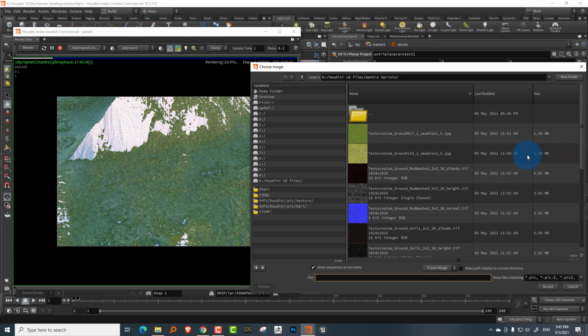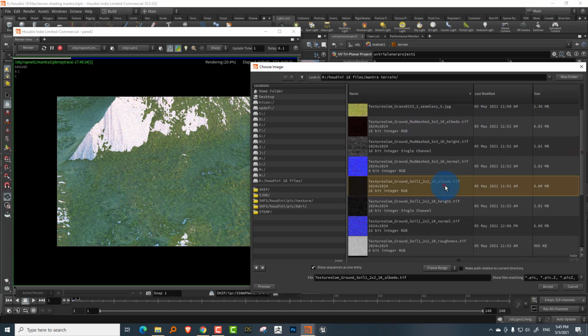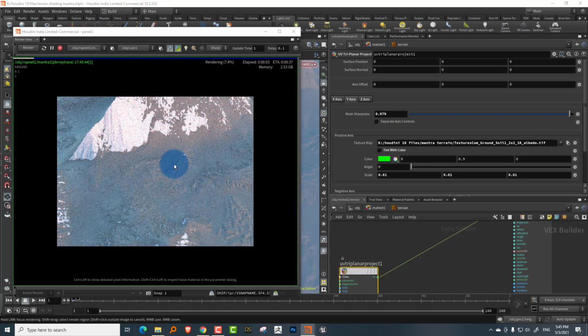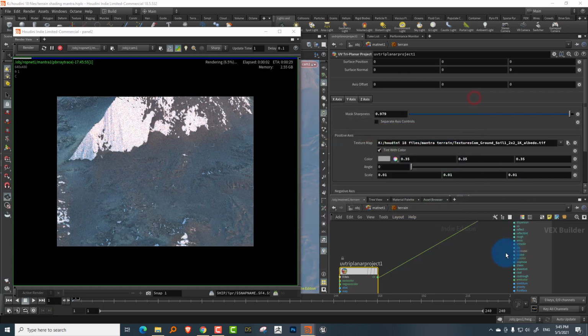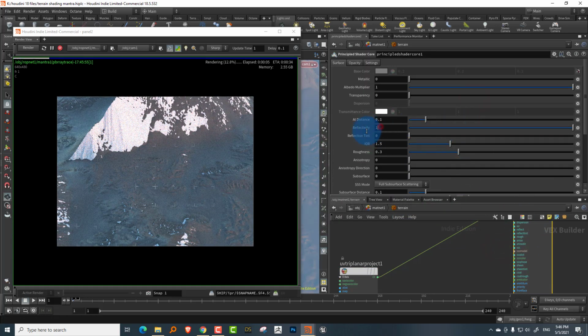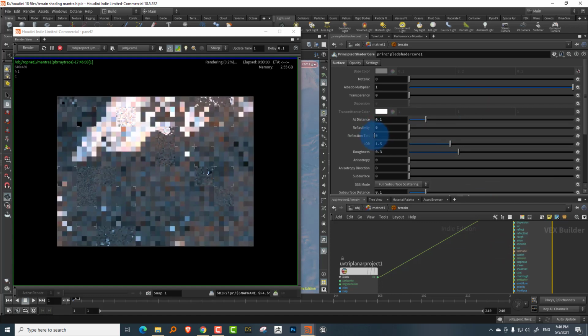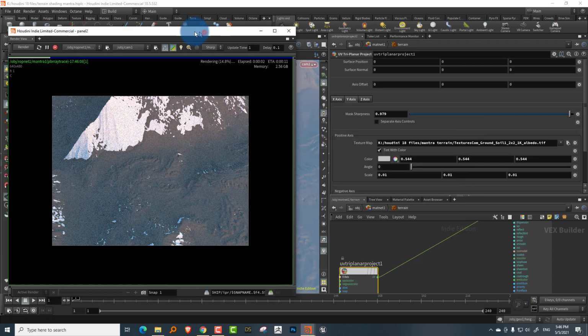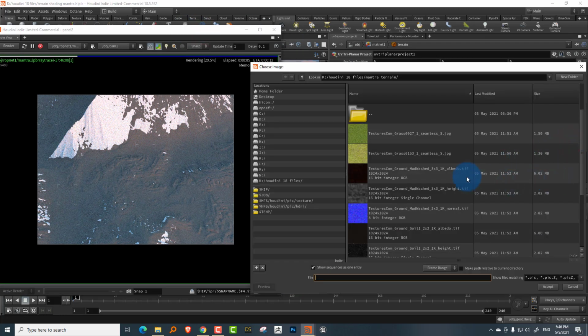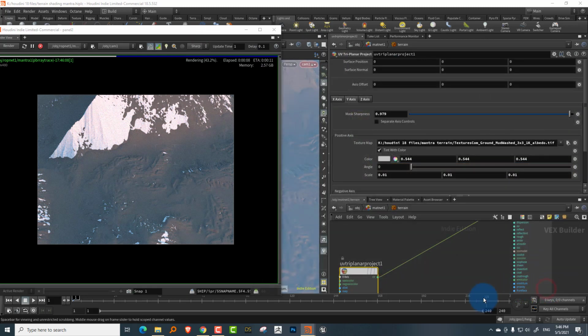Now I can also take the soil texture again. What I can do is take a soil texture here and turn on tint with color, and I'm just going to make it slightly darker. And also for now, I'm going to take the reflectivity, which is like your specular, and make it 0 so that it's just flat. So I can just see the texture that I'm generating. Okay, I think this is better. So I have like a sand or a ground texture as well. So this works a little bit better.